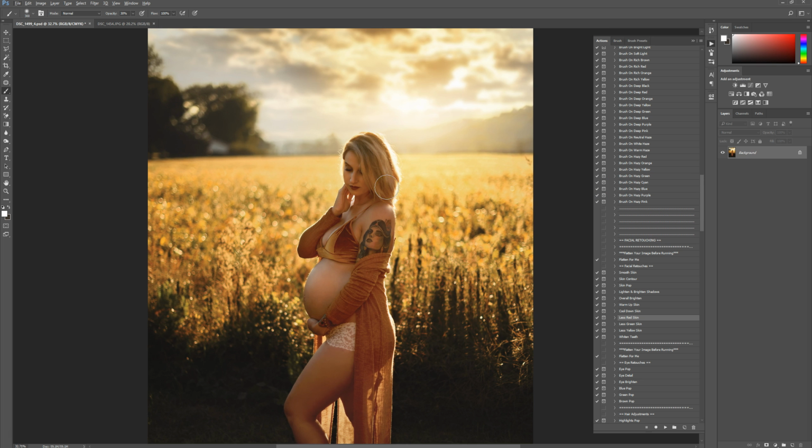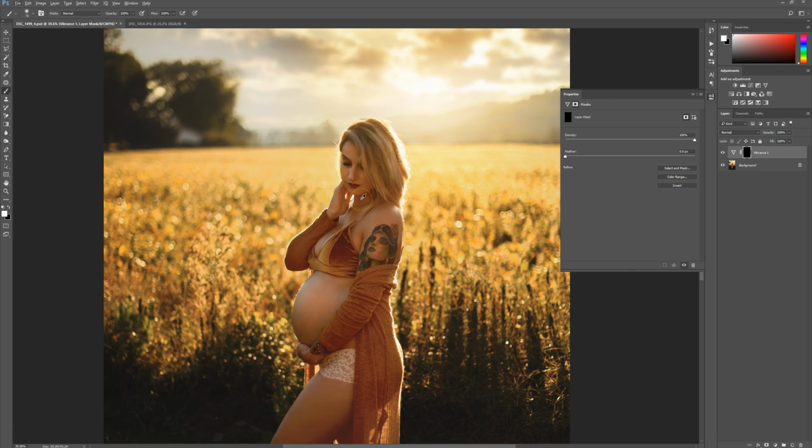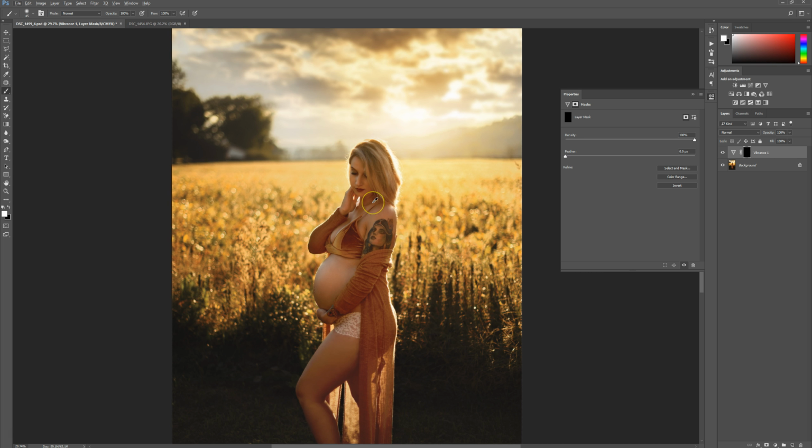I may want to add a little bit more saturation back to her lips. They just look kind of on the darker side. So let me grab a little vibrance here. Just kind of bring it up, maybe bring up some saturation. And then I'm going to invert this entire layer here. Bring my brush size down. Hit zero on my keyboard for 100% opacity on my brush. And I'm just going to brush this on top of her lips. And I might even do like, I don't know, 20% opacity. Just go over her